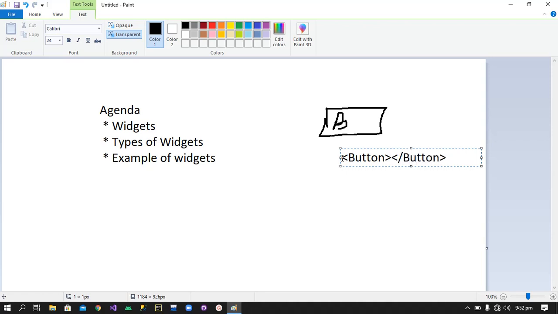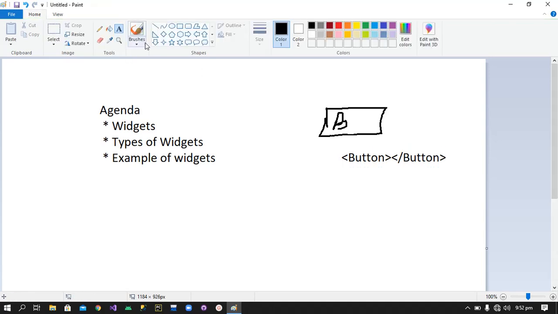So we will use that kind of syntax in HTML. If we want to create a button in Flutter, then we will have to use a widget. So tags are used to create UI in HTML or on the web, but in Flutter we will use